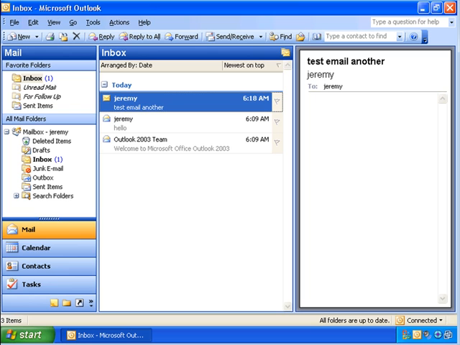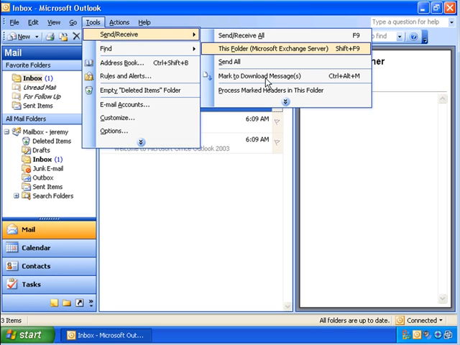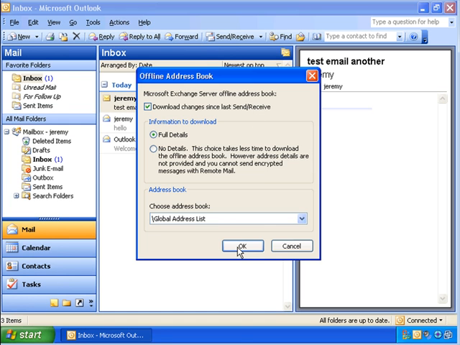There's one other thing that I would like to mention that is very important. If you receive any errors in downloading the offline address book or sending and receiving emails and you're receiving synchronization errors, but yet the mail goes through, this is a common error that is due to the address book. So if you're receiving errors downloading the address book,